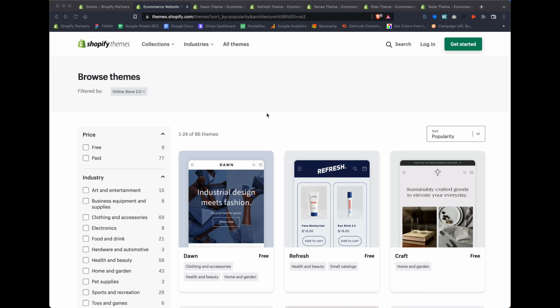And today what we're going to go over are the top 5 Shopify free themes that I strongly recommend out